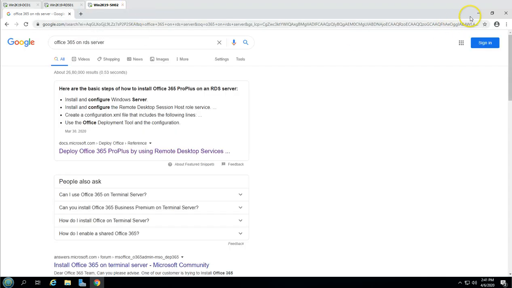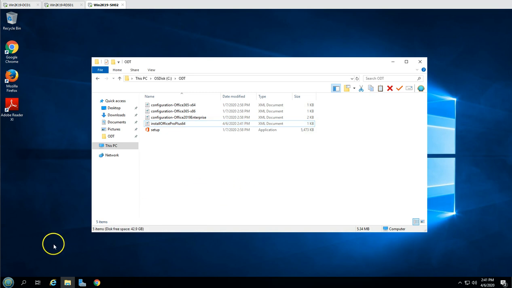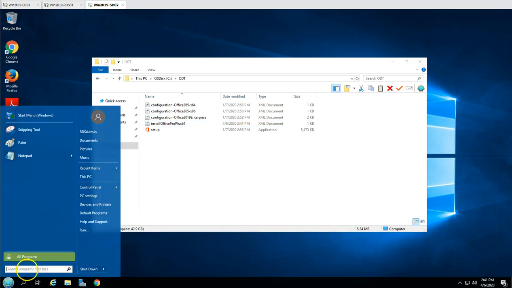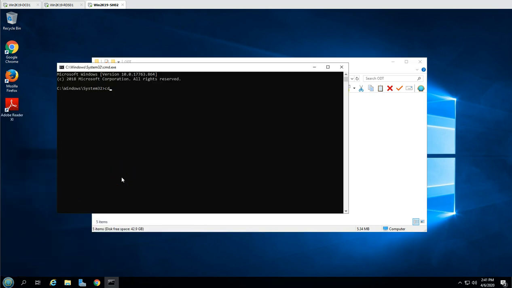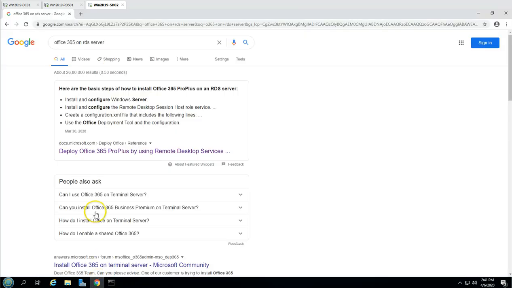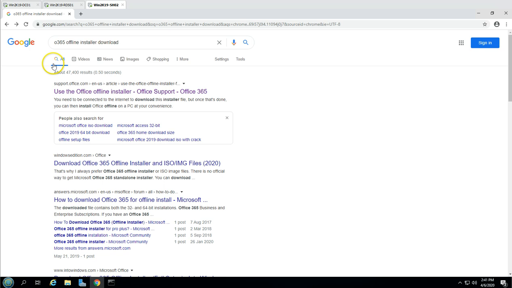So this is done, and now we are good. I'm going to open my command prompt here, cmd, cd odt, and now we are good to download our Office 365 by using that particular command which was given in that link. So I'm going to open that link,